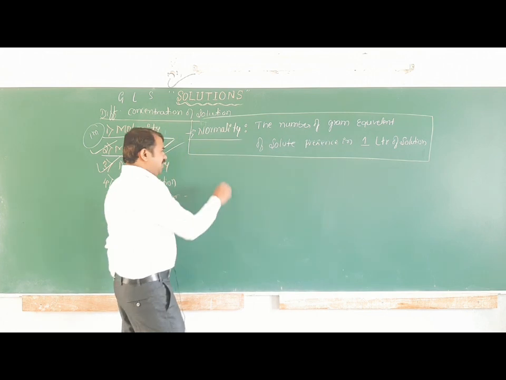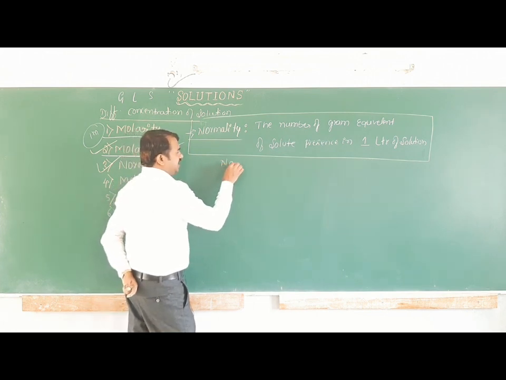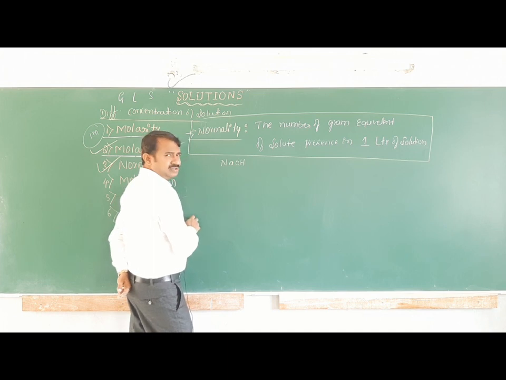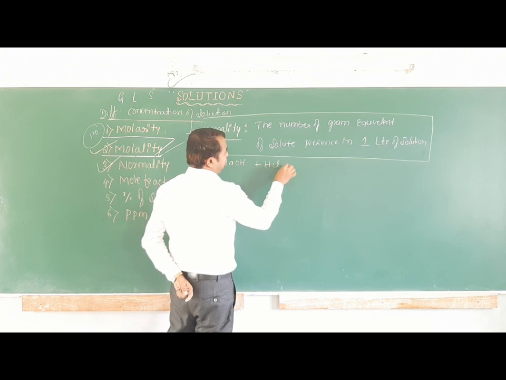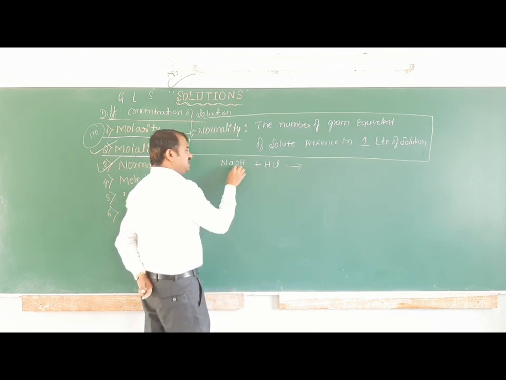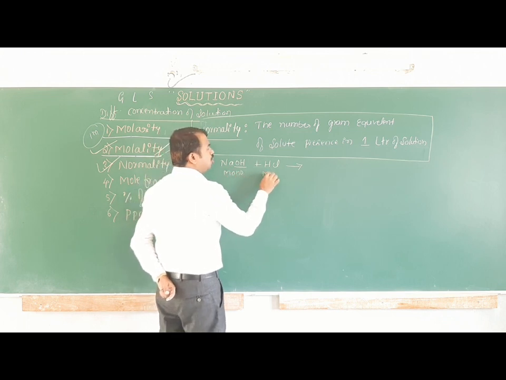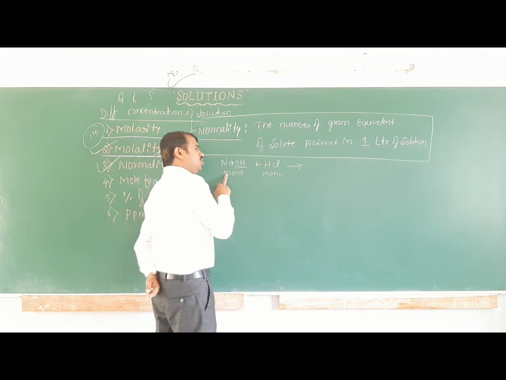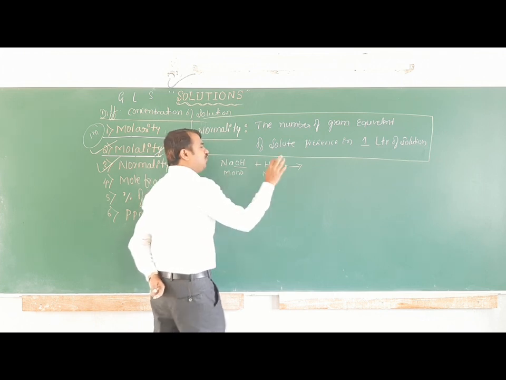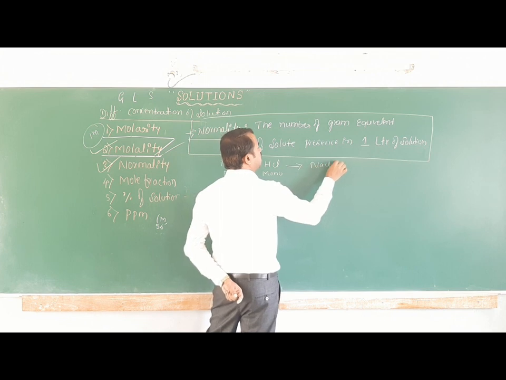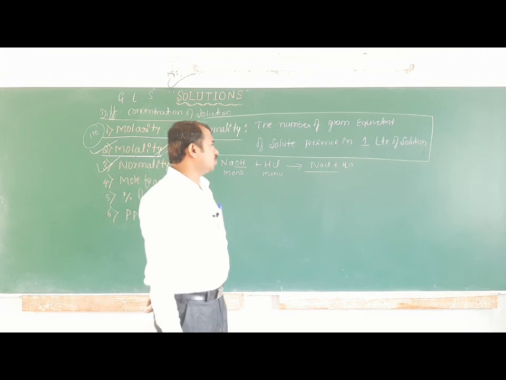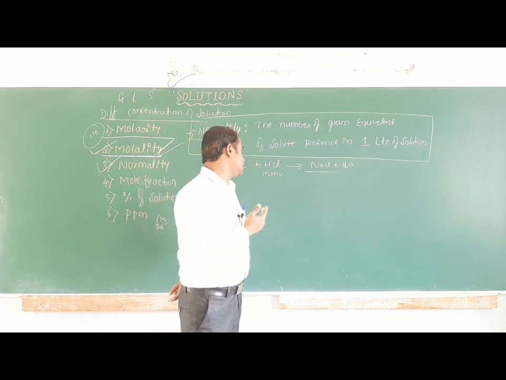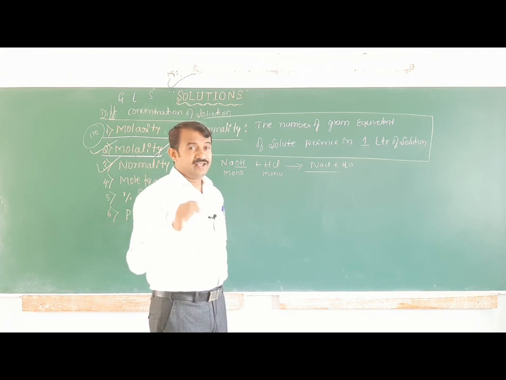You can observe, I will write here, sodium hydroxide is a base that reacts with hydrochloric acid. This is a base, monobasic, and HCl is monoacidic. When the monobasic reacts with monoacidic, it easily forms sodium chloride plus H2O. The reaction goes with the molecular weight also the same, and it is monobasic and monoacidic.